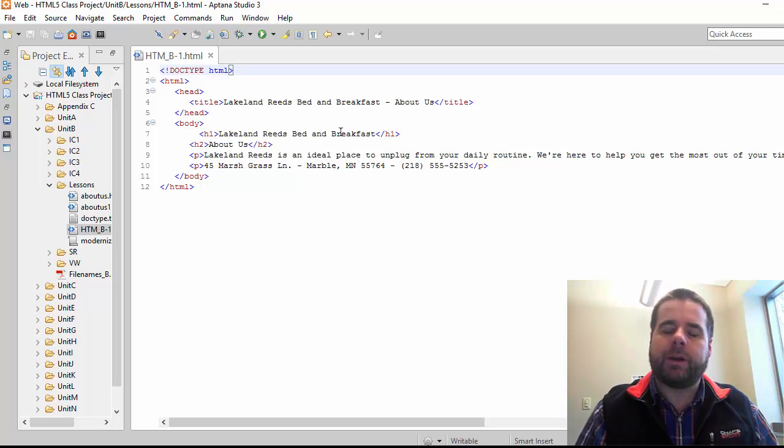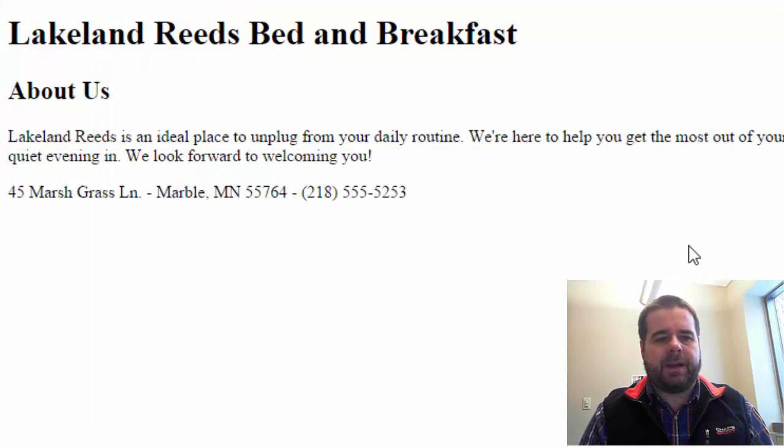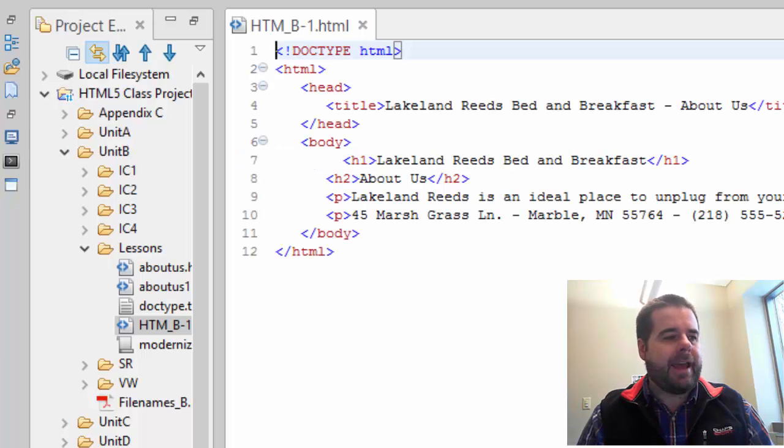Now, one of the things that's going to happen in today's assignment is we're going to go through changing the code quite a bit, and in the end, it's not going to make any visible difference in the browser. But I want to show you what the page will look like right now. So you can see the page is pretty basic. It includes some information about Lakeland Reed's Bed and Breakfast, which we'll continue to use as the theme throughout the semester as we follow the exercises in the book, but just some really basic information. So I'm going to go ahead and close this for now, close the browser, go back to the editor, and